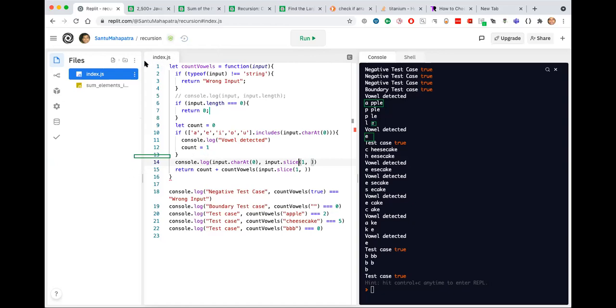Is this clear now, Ravi? Is now the code more clear? Yeah. So that count we are adding here, in most cases it's 0, only when there is a vowel it's 1. And then we recursively call the rest of the array. Okay.